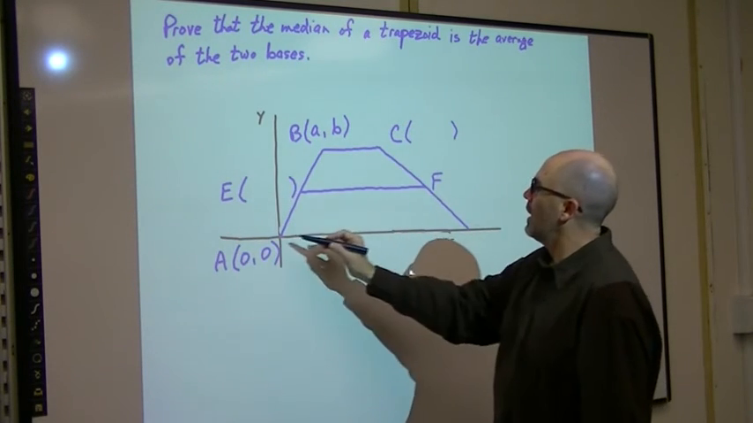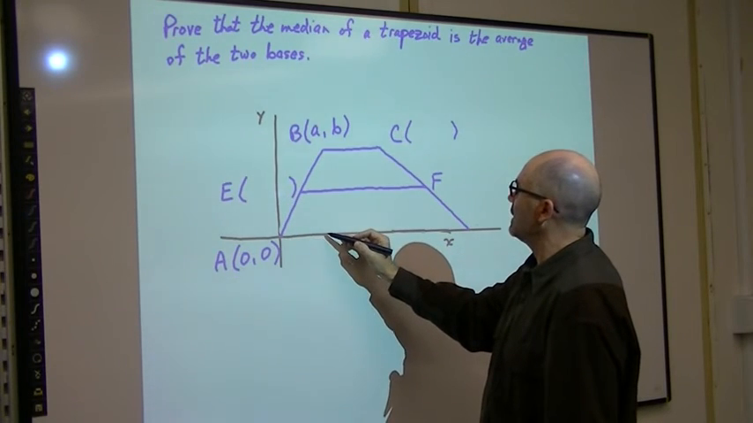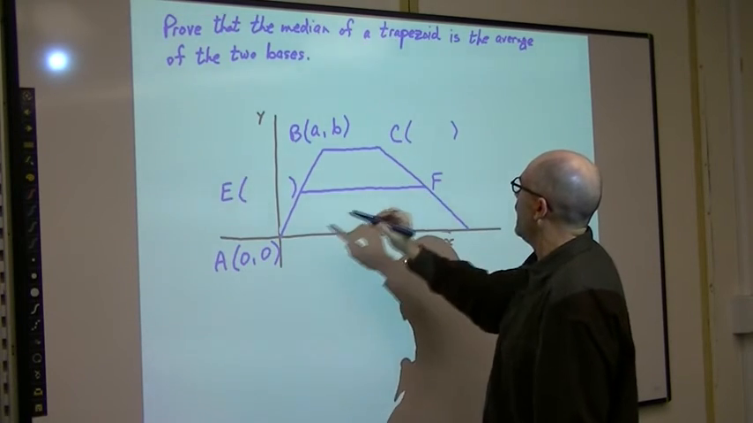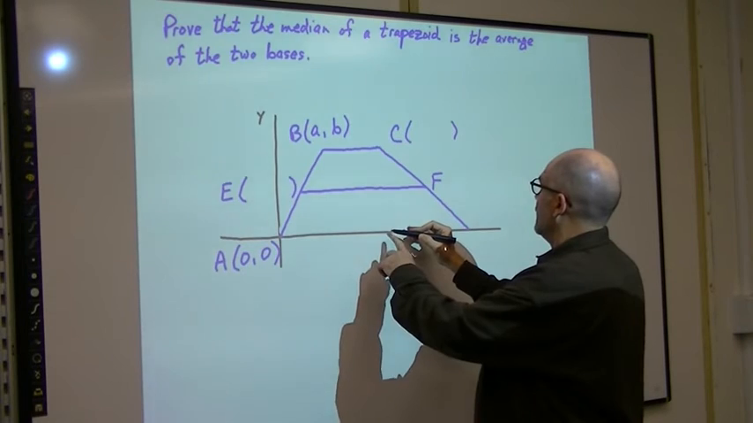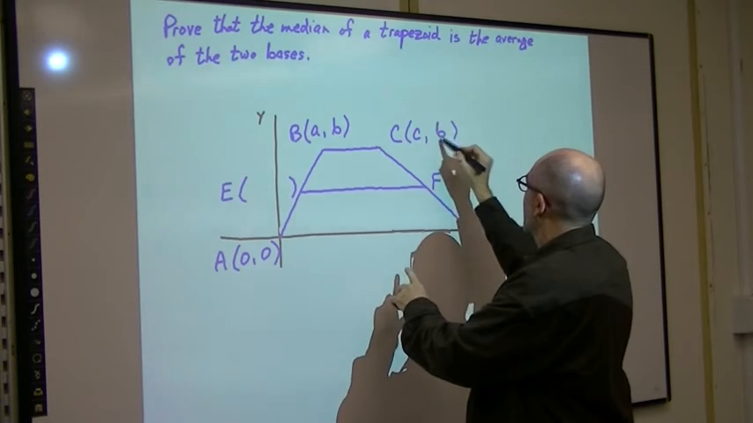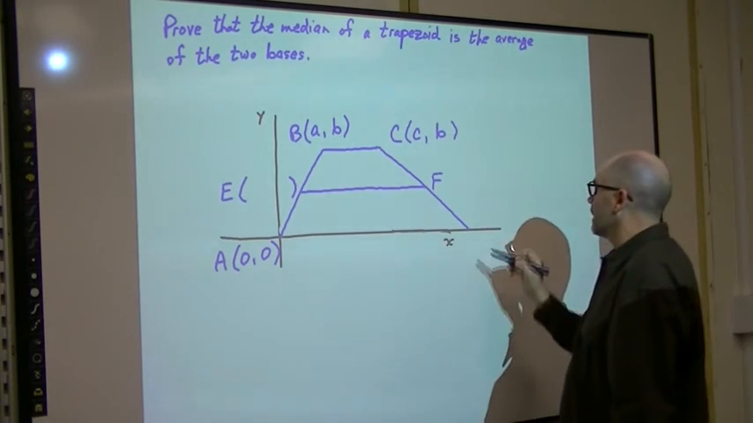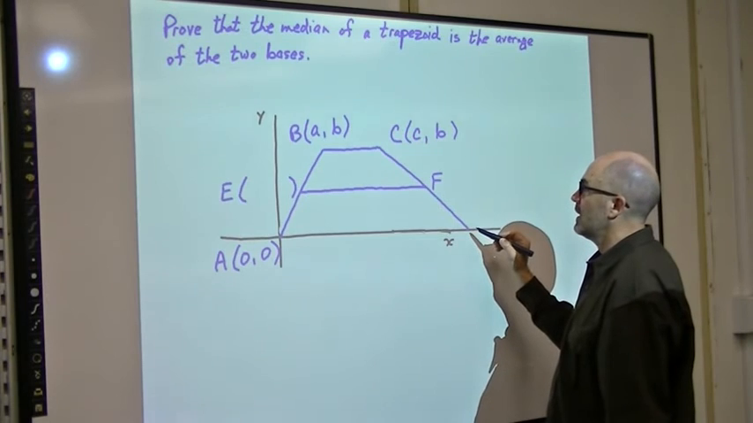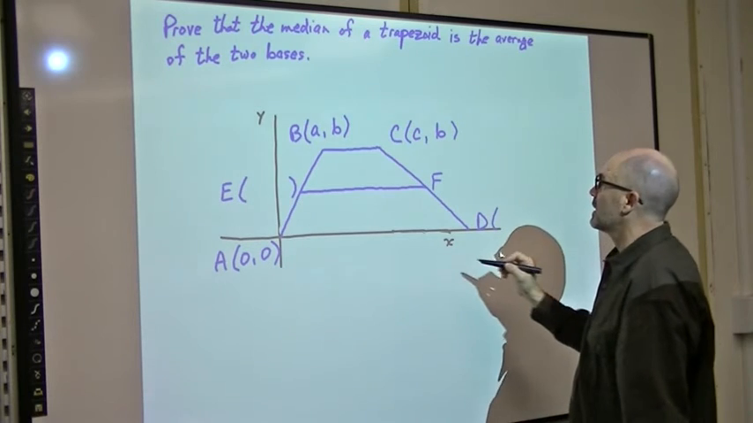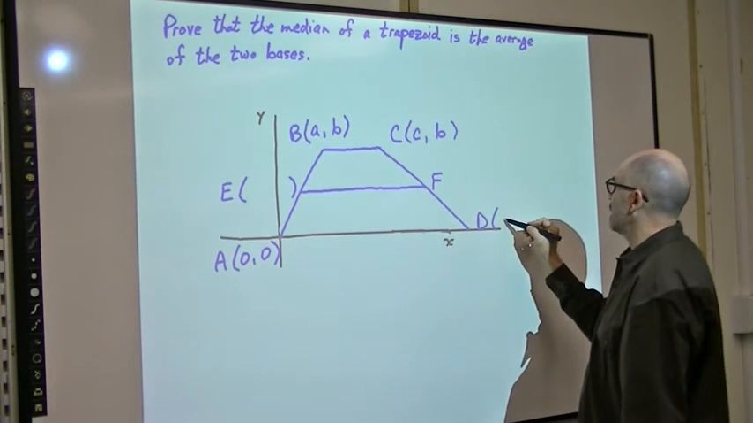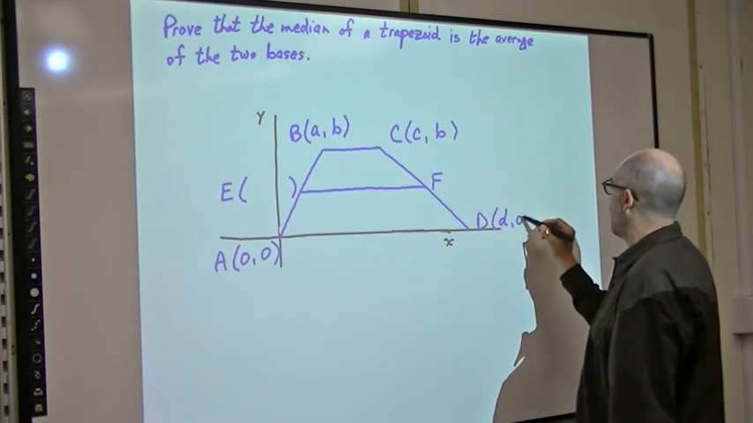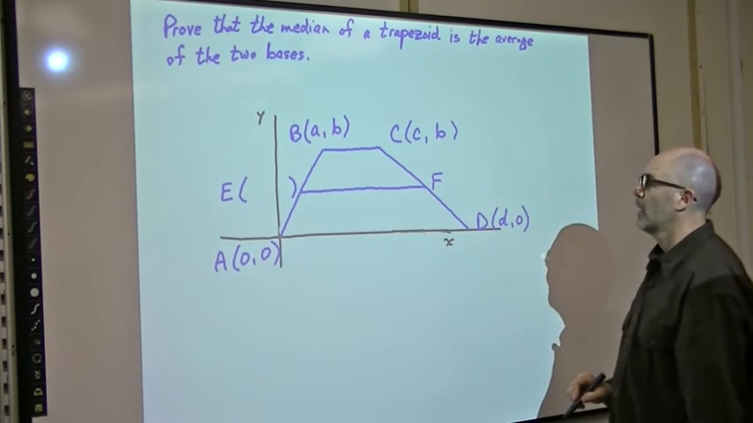All right, so the B point is going to be some A distance this way and some B distance this way. So the C point, we know, has to be some C distance this way, and it's B up. Now the D point here is going to be some D distance this way, but it's 0 up. Okay, now,